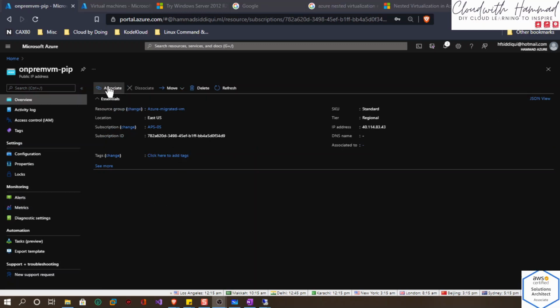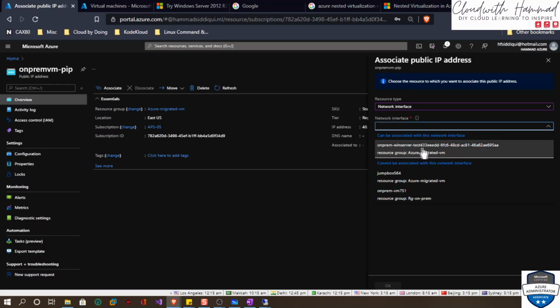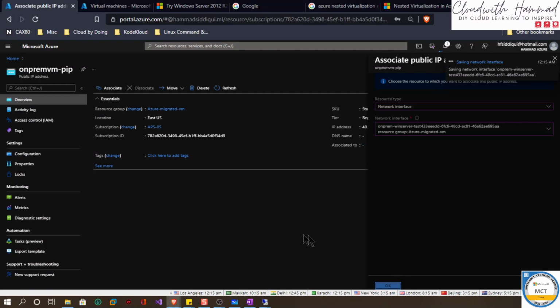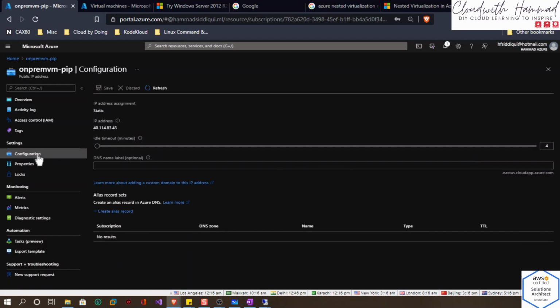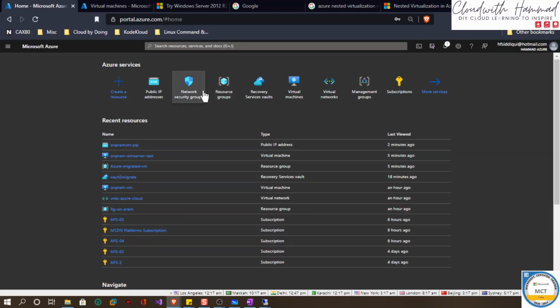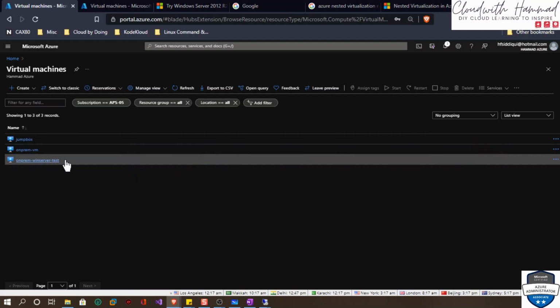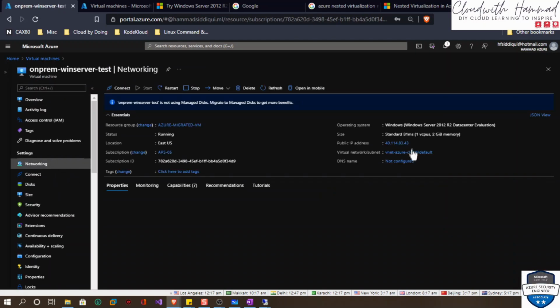Once it's created, I would associate it to a network interface, which is actually this one, on-prem Win server. It says test, if you see here, and click OK. IP address is associated. Now you can see there's a public IP. Go back here for a second, and I would go back into virtual machine. This is the test machine. Close this blade, go to network, and then you can see there's a public IP here,